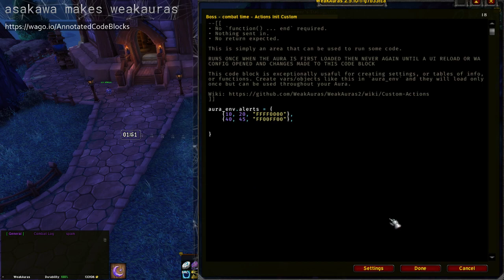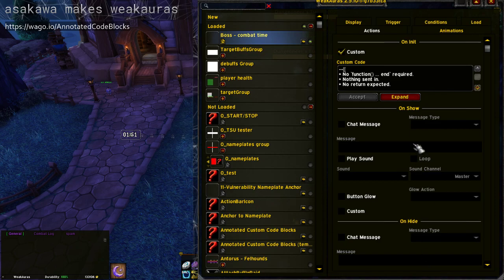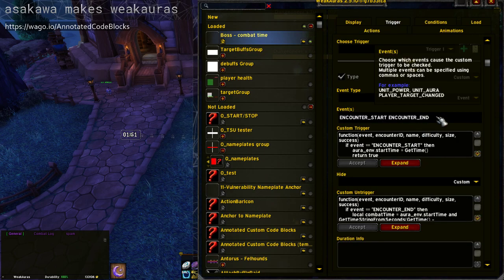So we've got a table. The only thing is we'll have to iterate the table on every frame, I think, at this point, which is pretty boring. The other thing is that we're not going to be able to easily test this without going and finding a boss to get in combat with. So maybe we adjust this a little bit